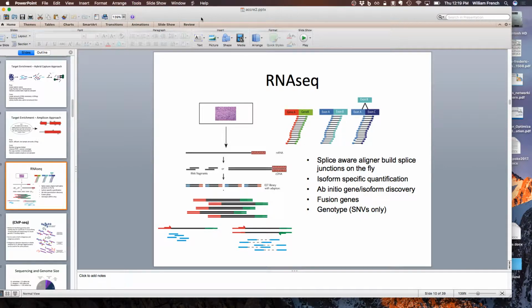99-ish% of RNA in a cell is ribosomal RNA. We don't want to sequence ribosomal RNA because that's boring. So we need to purify messenger RNA. There's two ways to do that. You can use poly-A, so that will give you only messenger RNA. Or you can use ribo-, which actually removes